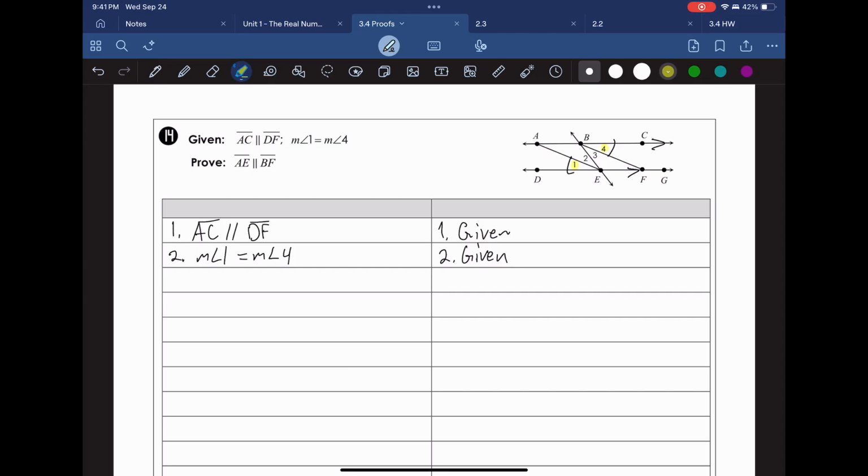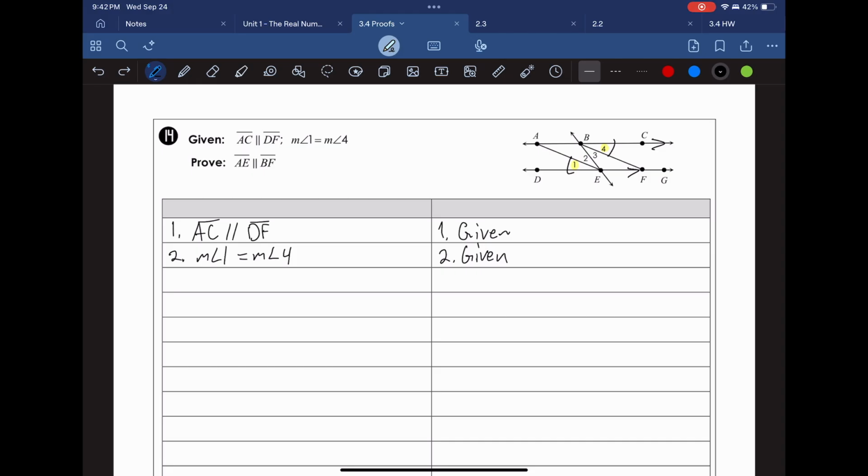I'm going to highlight this really quick, that AE is parallel to BF. And remember, if you need to show parallel lines, you're either going to use your transitive property, which you can't do here because you don't have another line, like this one over here or some other hidden one over there, showing that you've got parallel lines. So you can't use your transitive property here, which means you're probably going to use some kind of